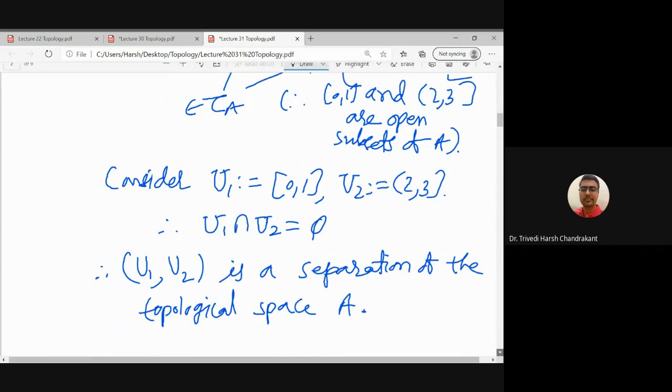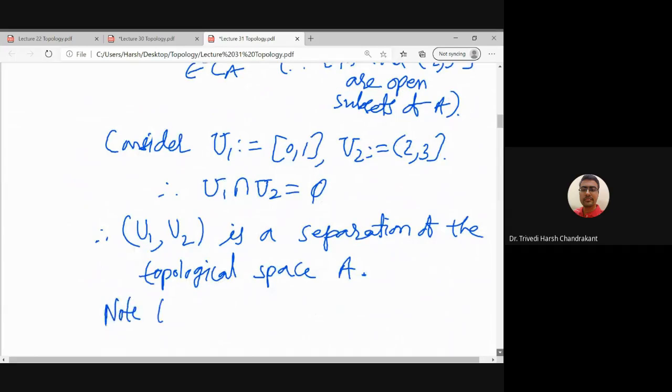So what is the topology on A? The topology on A is the subspace topology. Of course, u1 and u2 are not open with respect to the standard topology on R, right? Because u1 is a closed interval, so it is not open. But when we consider the subspace topology, it is open. And now you can see that,